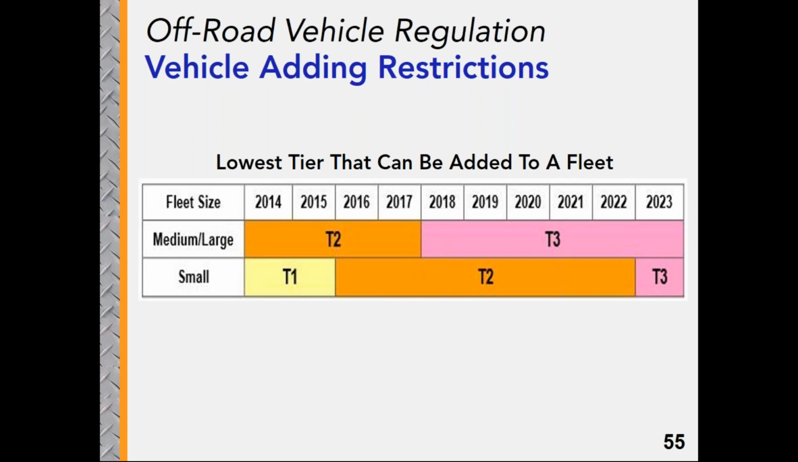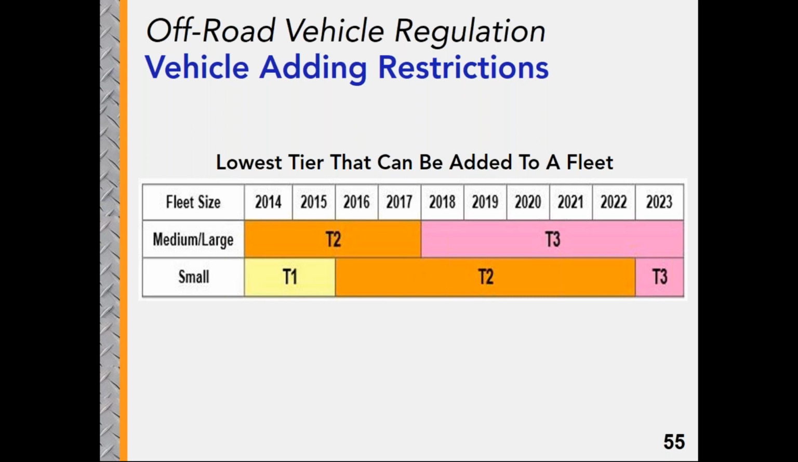As the engines get cleaner, the tier number gets higher. So currently the highest rating is a tier 4 final engine. That's not to say that if you have a medium or large fleet, you can't own any tier 1, tier 2, or even tier 0 equipment. Remember, this is a fleet average rule. So long as you owned that equipment before the cutoff date and have it correctly reported, it will affect your fleet average, but there are not currently any ownership restrictions on that equipment. So what those older vehicles will do is they'll drive your fleet average up and make it more difficult to